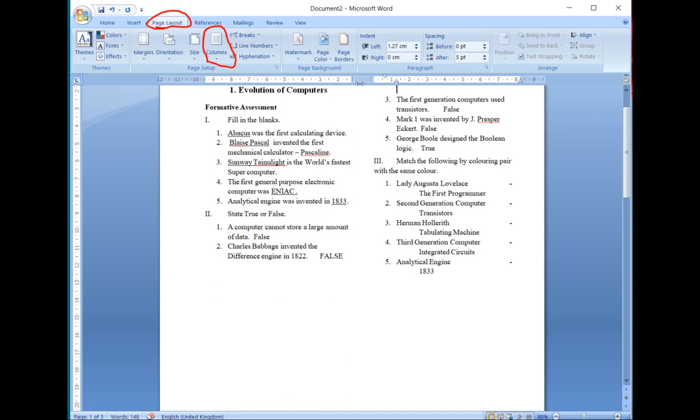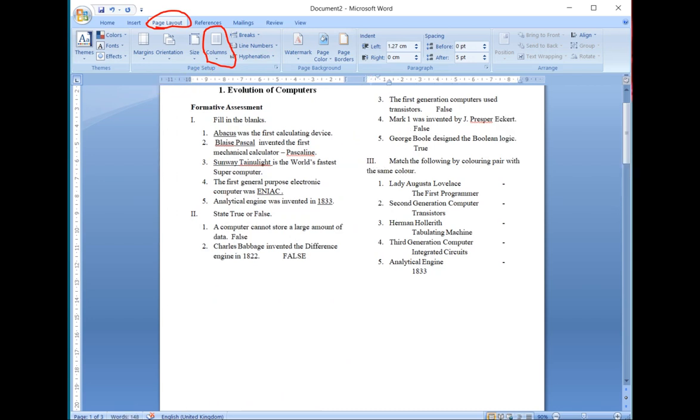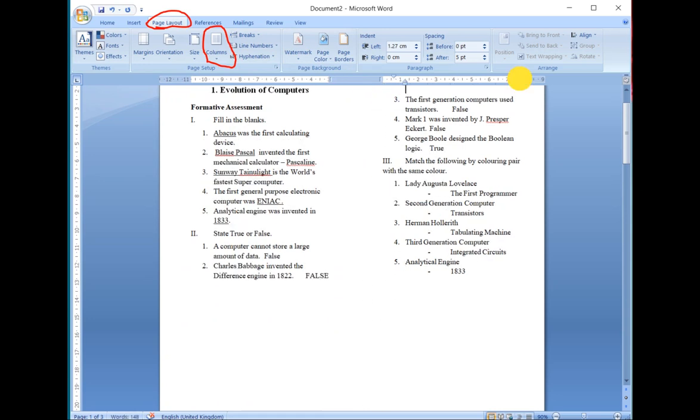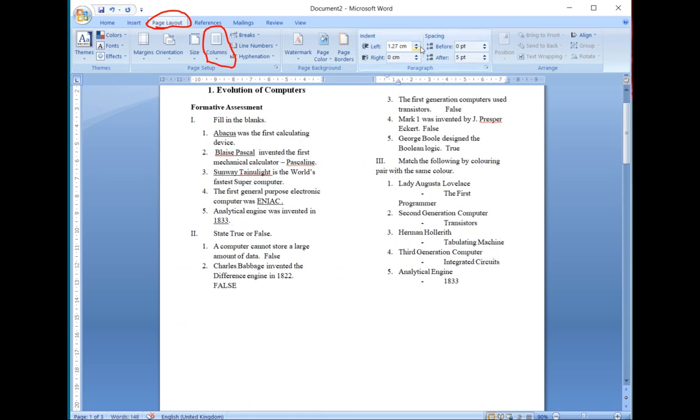Once you select the column option, here in your page setup, in your margins, you can increase or decrease the column over here itself. Suppose you want to do the indenting and the spacing.